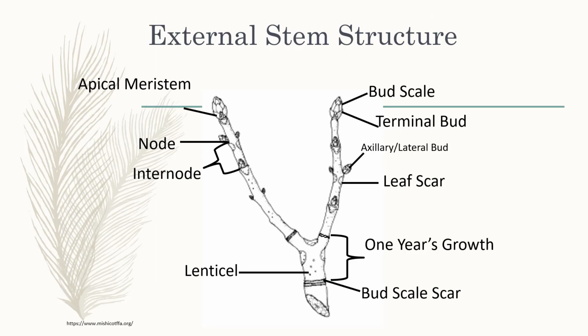So here's a woody plant stem, and just to go over some of the terms you see here, lateral and terminal buds are protected by bud scales. That helps the buds survive harsh climate changes. And then when the bud opens in the spring, the scales fall off and leave the bud scale scar. Leaf scars are the remains of a leaf after it's fallen off the tree, and it's just below the lateral bud. And then lenticels are small spots on the stem that allow the stem to exchange gases such as oxygen and carbon dioxide.